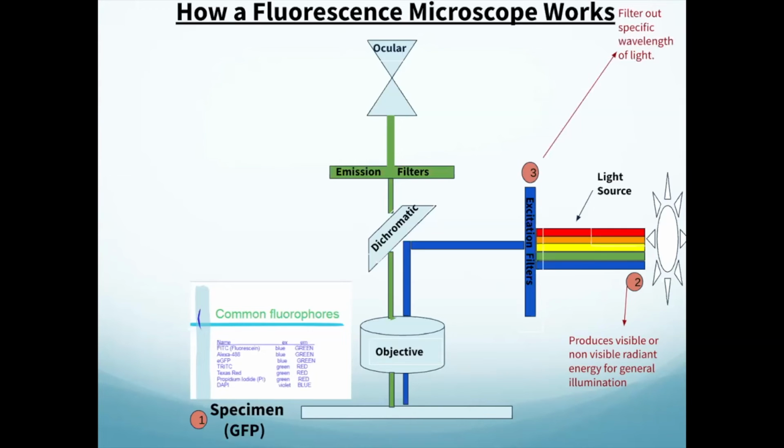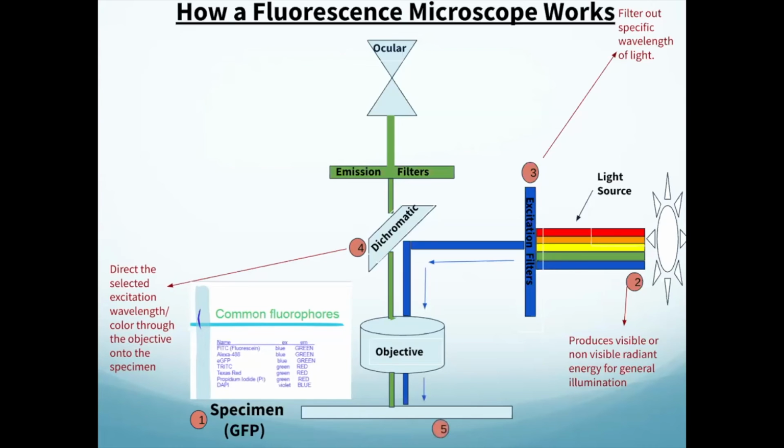Once the specific wavelength has gone through the filter, it'll hit the dichromatic mirror. And the point of the dichromatic mirror is to direct the selected excitation wavelength or color through the objective lens onto the specimen. So as you can see, it'll travel down, it'll hit the specimen, it'll excite it,